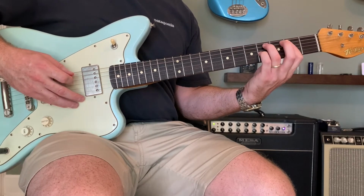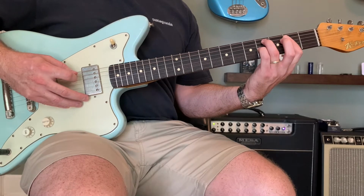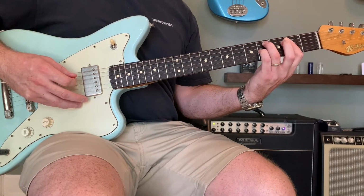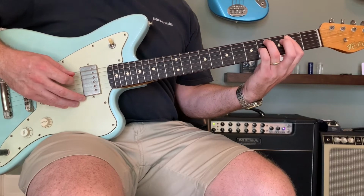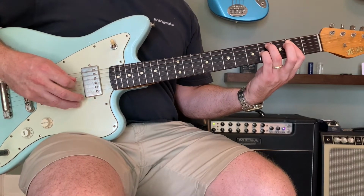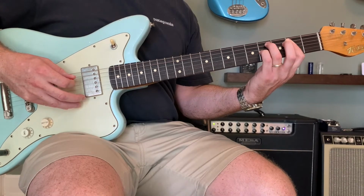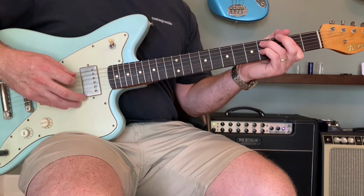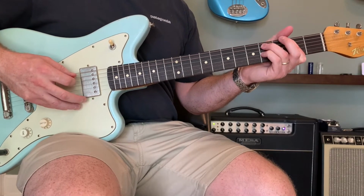So we're going to do this in a fluid pattern. We're going to go down 3, up 1. Once again, that is down 3, 1, 2, 3, back up 1. Once we have run through that a couple times, just to get familiar with that feeling,